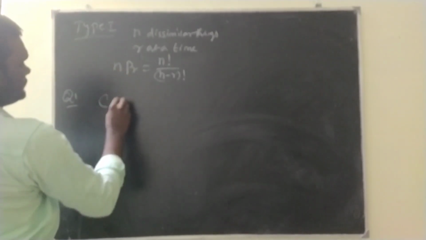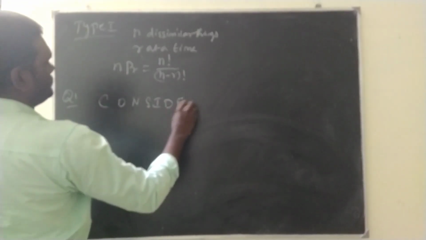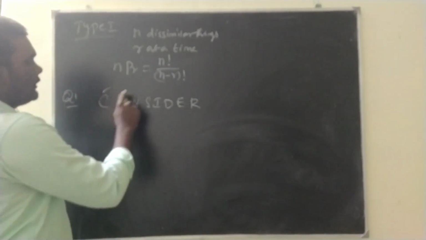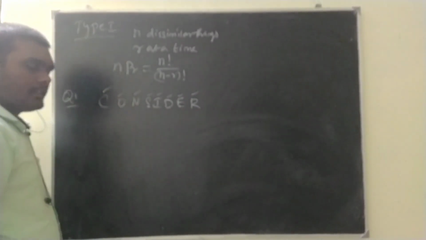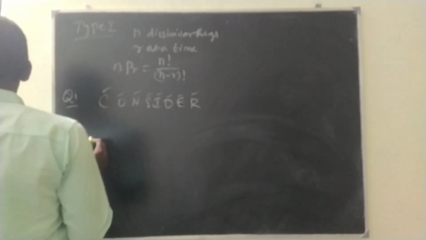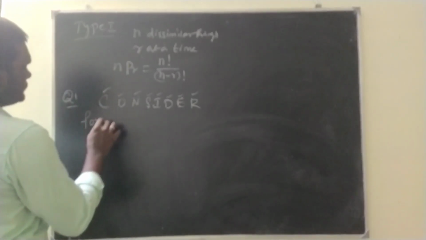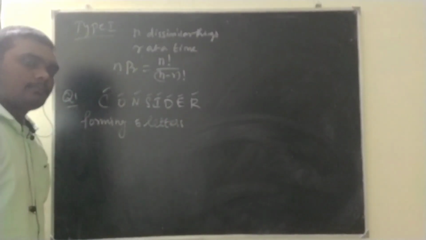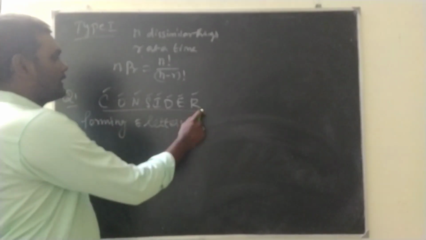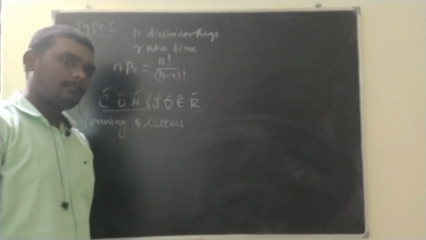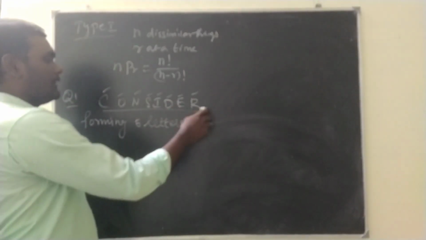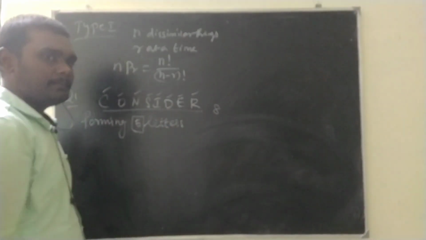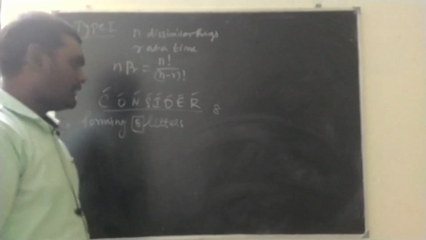We have been given a word consider. In this, how many letters are there? 1, 2, 3, 4, 5, 6, 7, 8. 8 letters. We are forming a 5-letter word, right? So for that, how many letters do we need from this? So n dissimilar things, all of them are not similar, right? From these n dissimilar things, which means 8 dissimilar things, we are taking r things at a time. R is 5, n is 8. So the total number of permutations is,